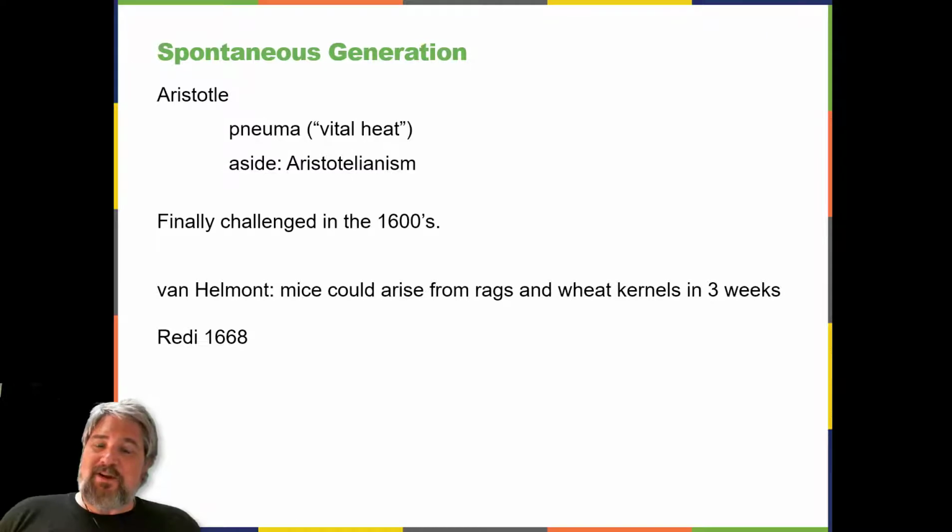The Greek philosopher Aristotle, 384 to 322 BCE, was one of the earliest recorded scholars to articulate the theory of spontaneous generation, the notion that life can arise from non-living matter. Aristotle proposed that life arose from non-living material if the material contained pneuma, vital heat. As evidence, he noted several instances of the appearance of animals from environments previously devoid of such animals, such as the seemingly sudden appearance of fish in a new puddle of water.